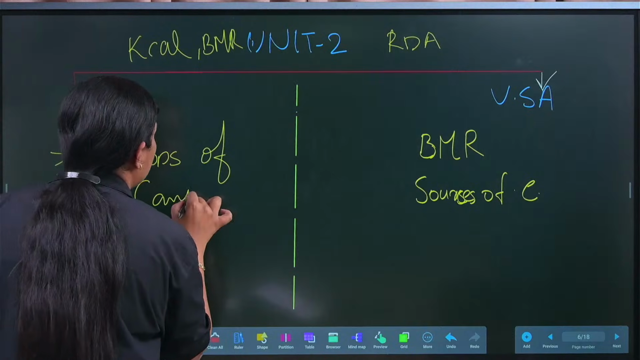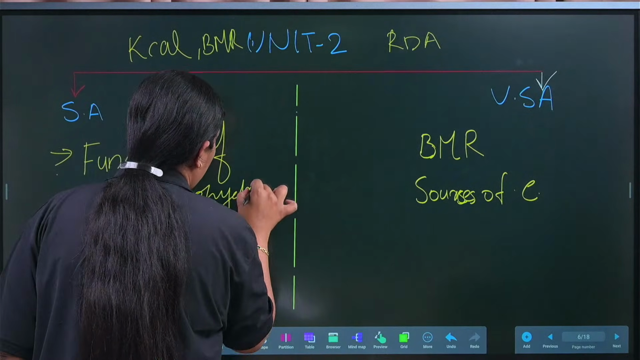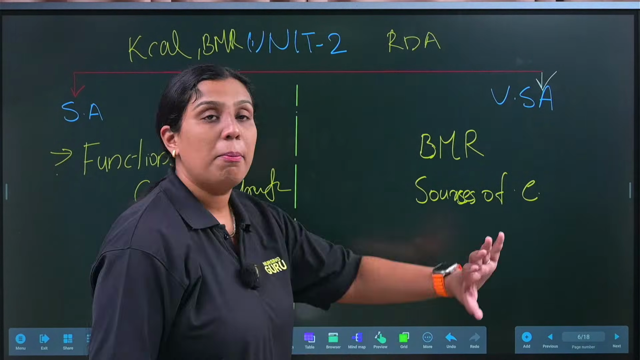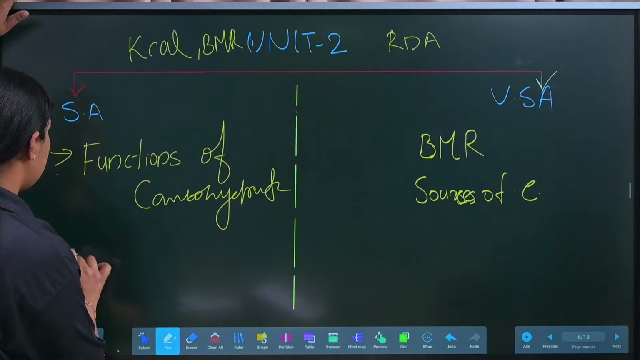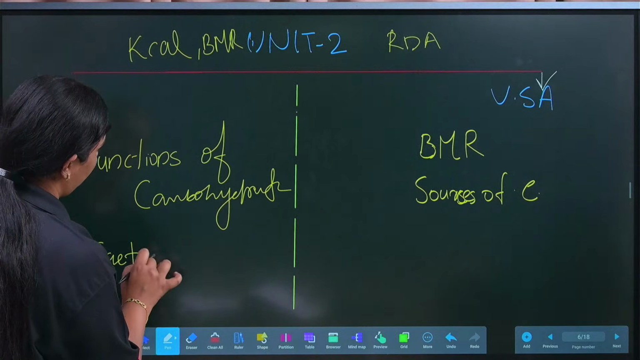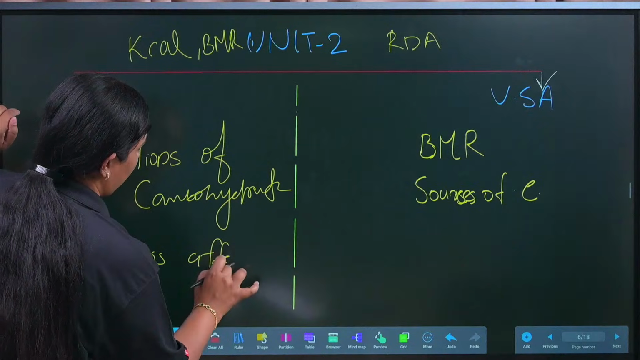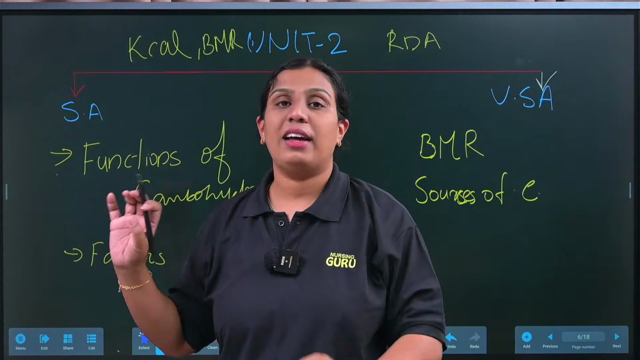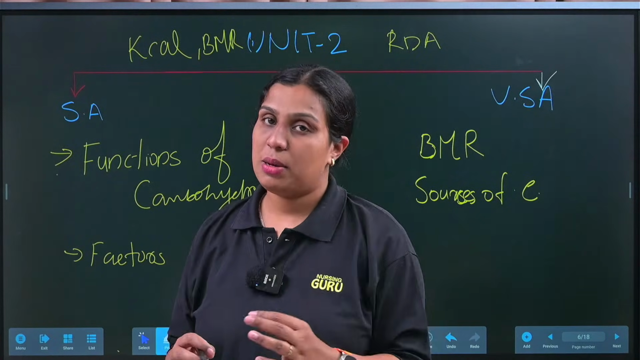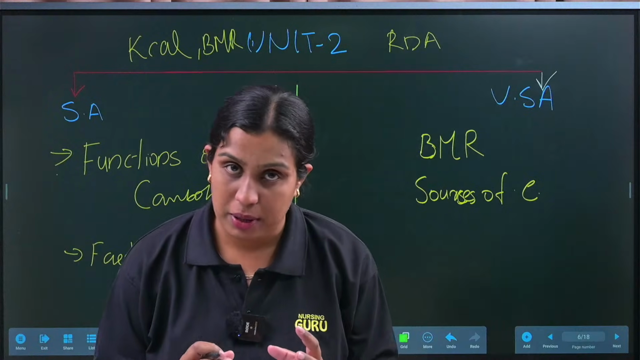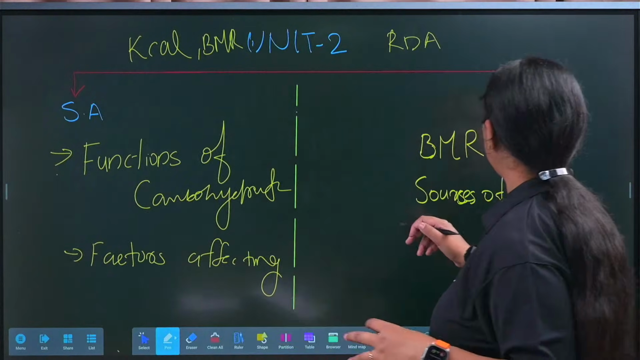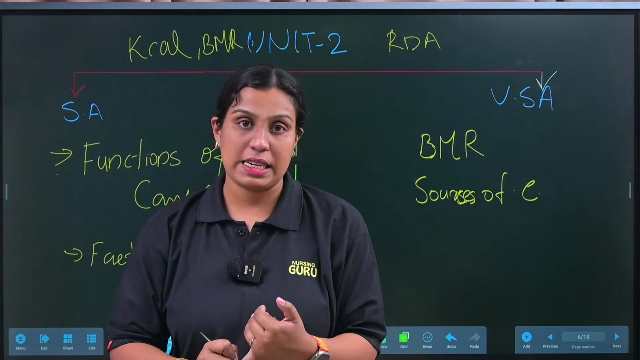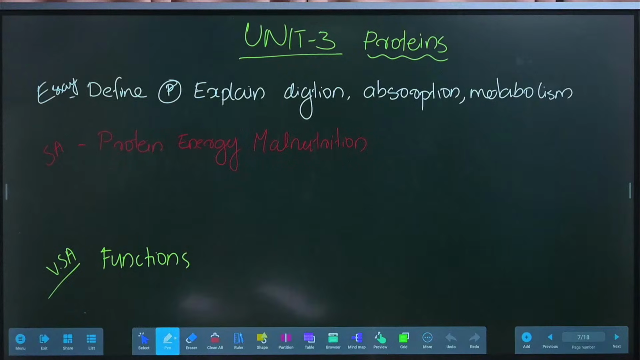Functions of carbohydrate and factors affecting basal metabolic rate may come as a 5-mark question. Other than that, we will get very short answers that include the definition of carbohydrate, and next is classification of